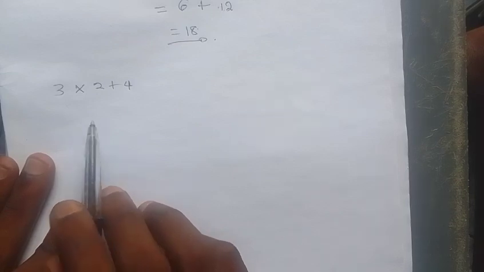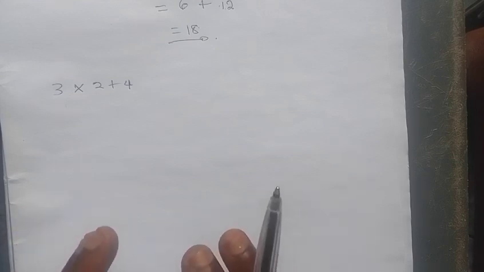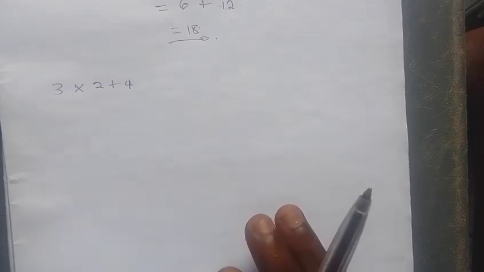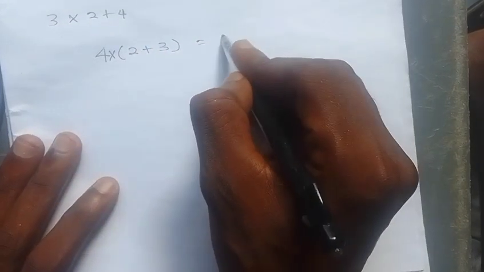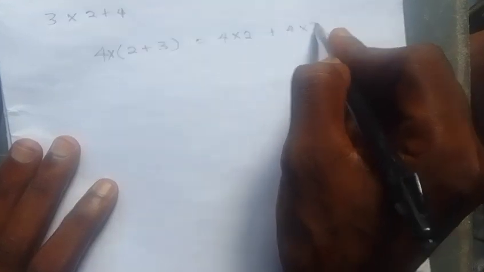Okay? So should you wish to specify that addition or subtraction must be done first, that part of the expression should be enclosed in brackets. Okay? And so that's it basically. So I'm going to have 4 into (2 plus 3). The distributive method will tell us that we have to say 4 times 2 plus 4 times 3, which will give